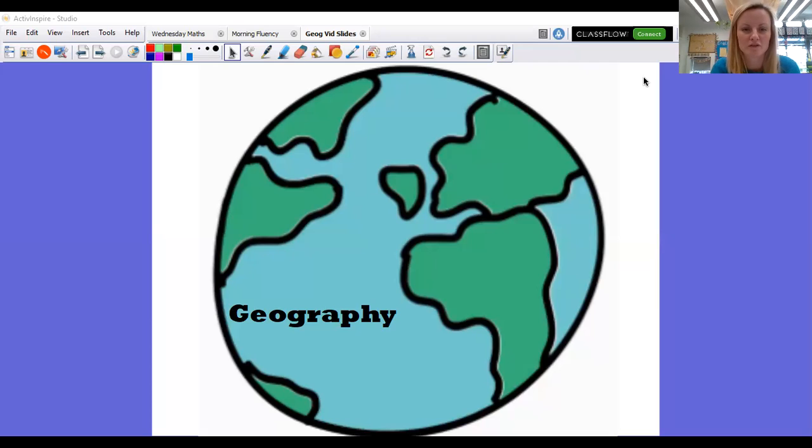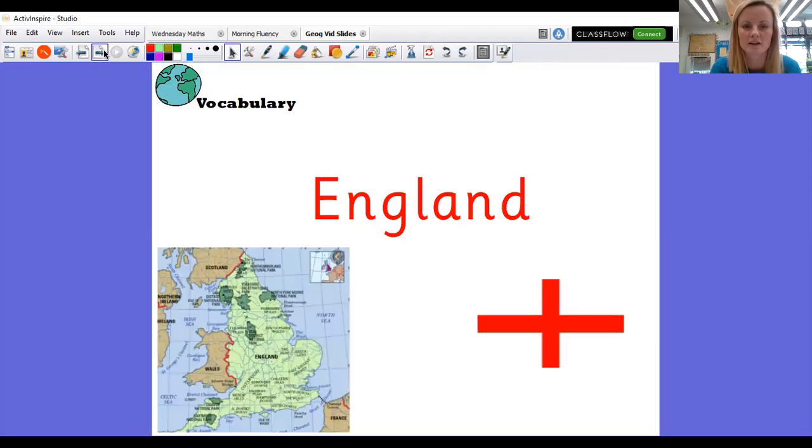So without further ado, we're going to get started with some vocabulary. We're going to do my turn, your turn. If you're a bit stuck on some of the vocab or you're not sure what it is, you could always press pause and go and research it. So I will talk through a few of them, but most of them we'll just get on with and get used to saying them. So to start with, England,